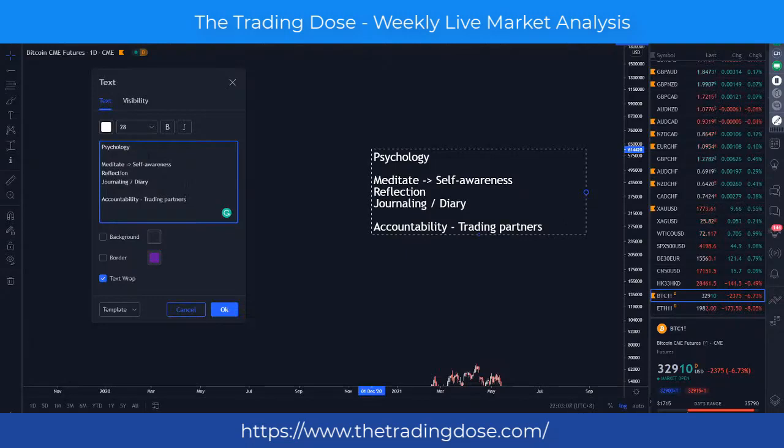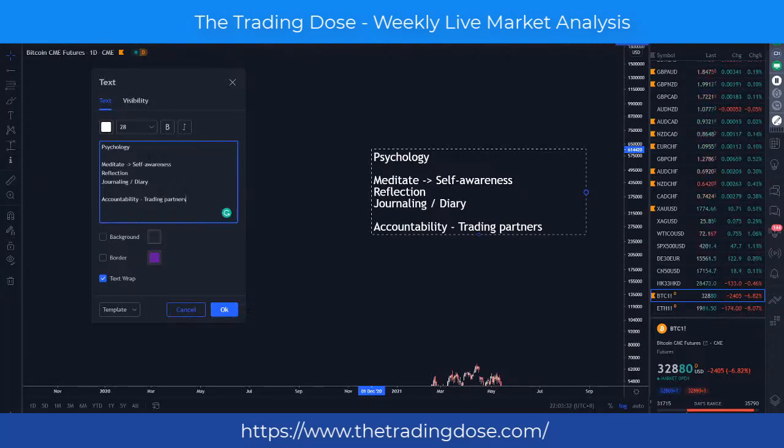Okay, when I talk about accountability, trading partners, a community, I'm not telling you to join a group where you share trade ideas or signals, right? Even worse. Okay, no. Bouncing of ideas is fine. It's healthy to a certain extent if the maturity level of the traders is more or less equal in that group, right? In the community. But if you are looking for someone to tell you what to trade, okay, then that's not going to help you, right?